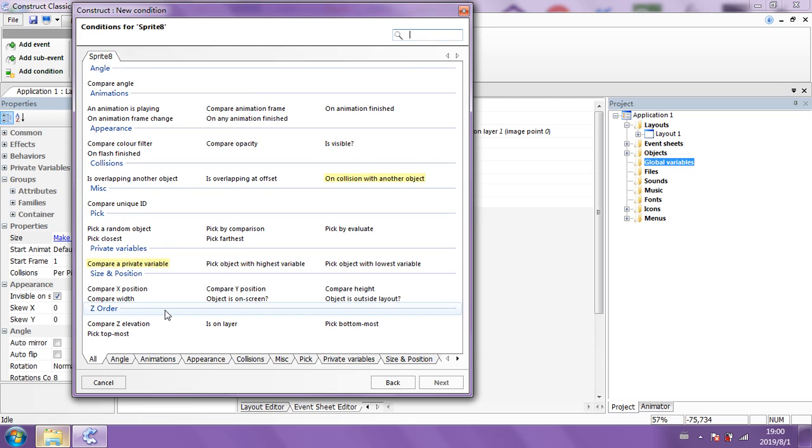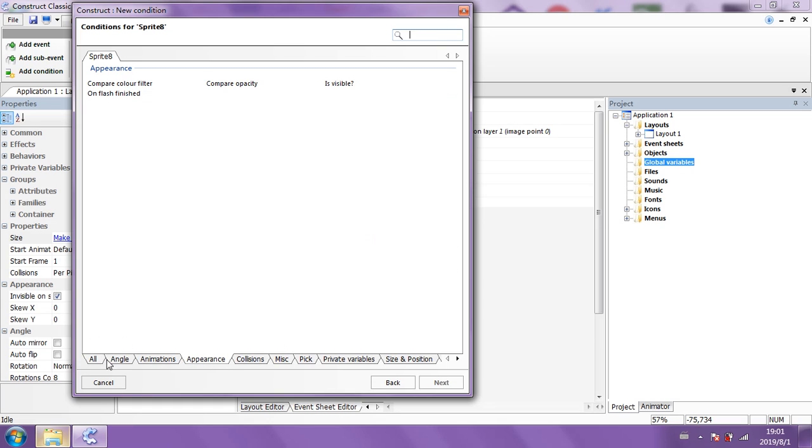There is a thing here where you can destroy on startup. Anyway, I'm going to need to work this out. Appearance. Because we're not talking about just view, we're talking about being destroyed or not.